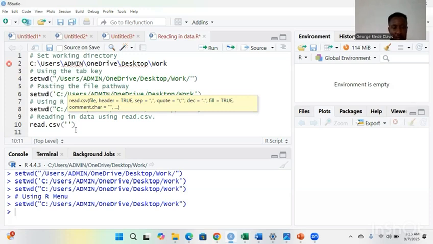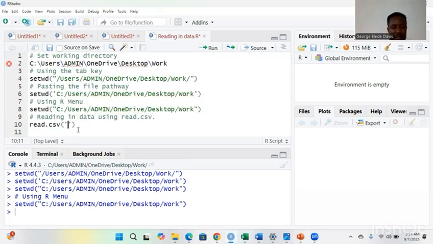But more often we use the tab key, right? So to avoid error, you already set a pathway. So the document to use, you already directed in the software where it's located. So when you use read CSV, everything within the particular folder works. Open, then I choose the data I want to use. So I'll use the tab key here, and everything I have in the folder will pop up.